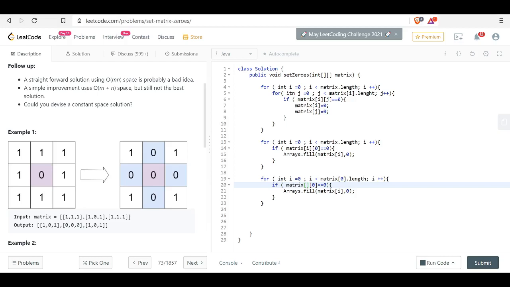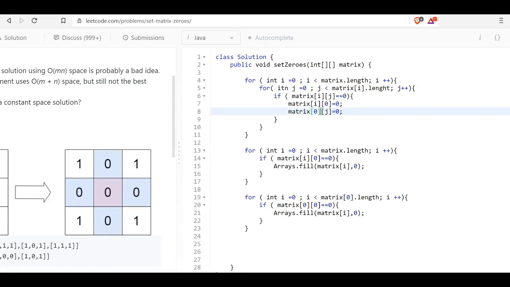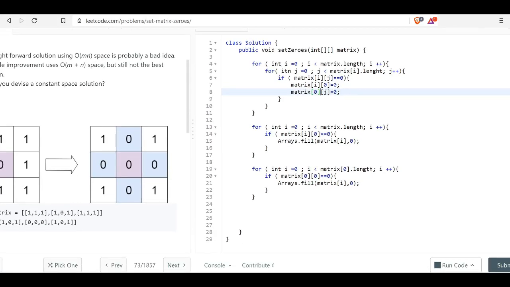We have taken the column, right? So we will just take the first row. Oh, sorry, my mistake. And here I'll be setting the column of the first row, the ith row.